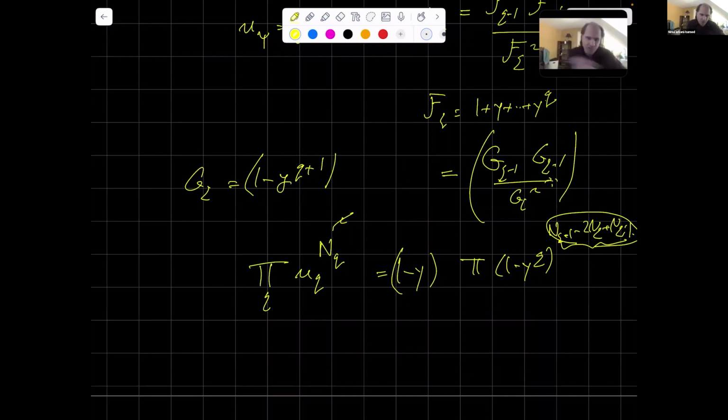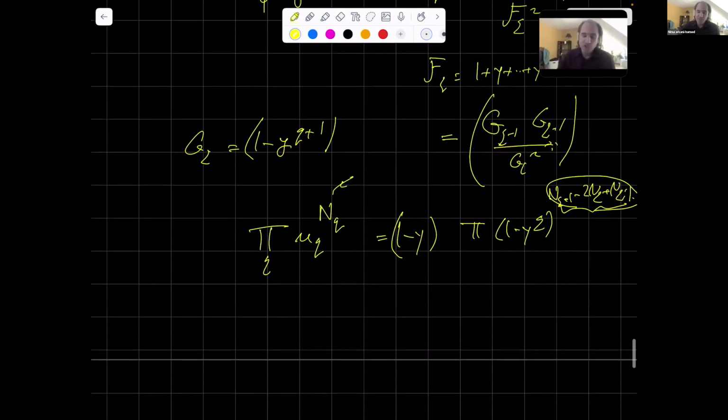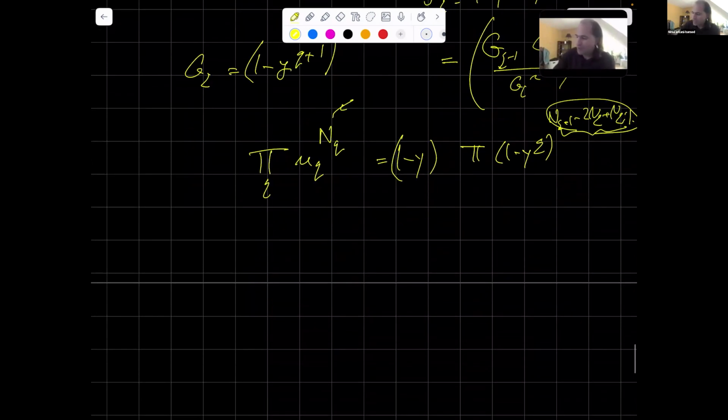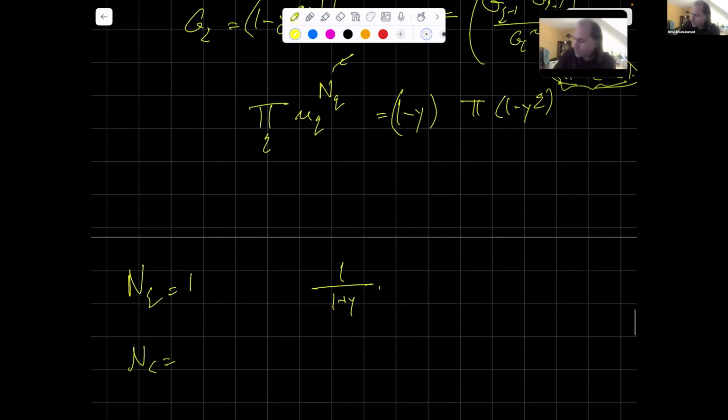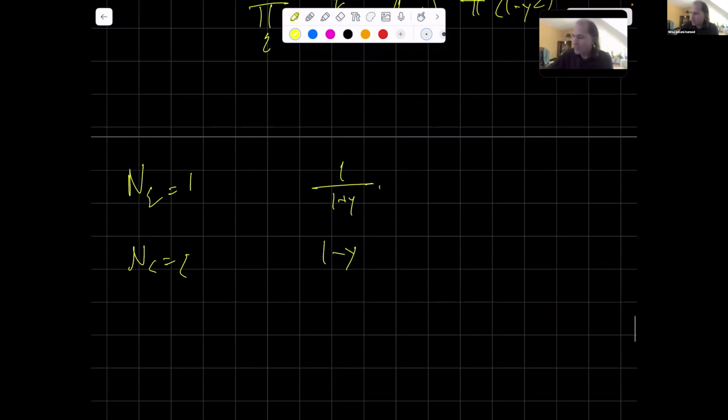So that's going to be one kind of answer for this product, or it could scale. The exponents could scale faster, and I'll get products of these guys raised to higher and higher powers. So for example, if the n_q are all equal to 1, this product is 1 over 1 plus y. If n_q is equal to q, the product is 1 minus y. That's what shows up in the u equations. That tells me this plus a u for y is equal to 1.